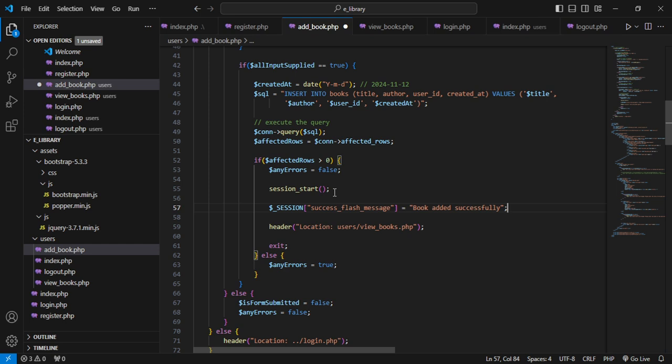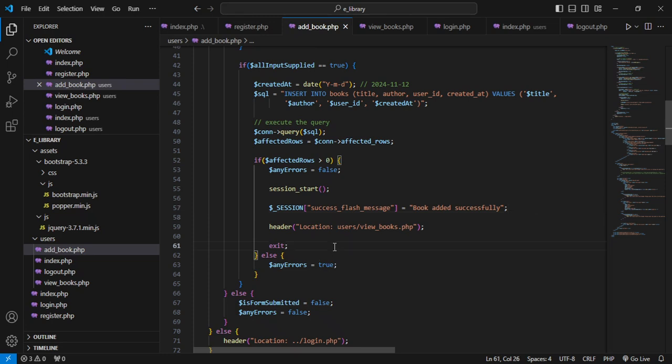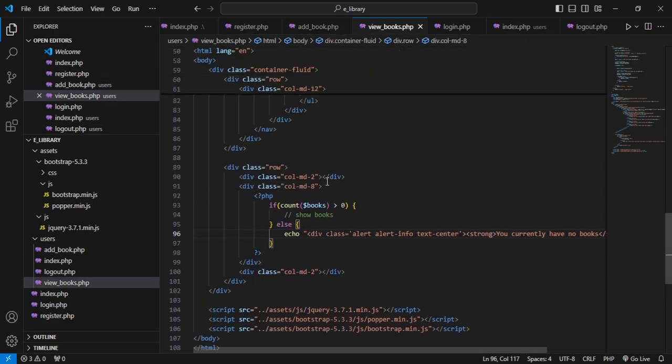So when it does that, then you can redirect to the view books page. When we go back to the view books page, we are supposed to be able to check, hey, was any session done? Was there any session that would say, okay, maybe a message that says the book was created successfully or something like that? So how do we actually check for it? We come back to the view books, and we can do that